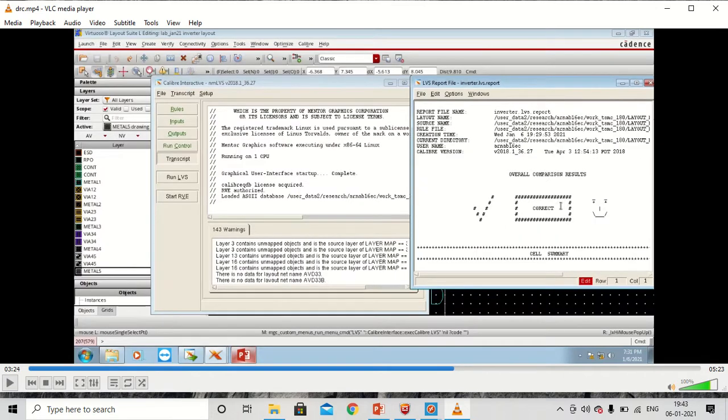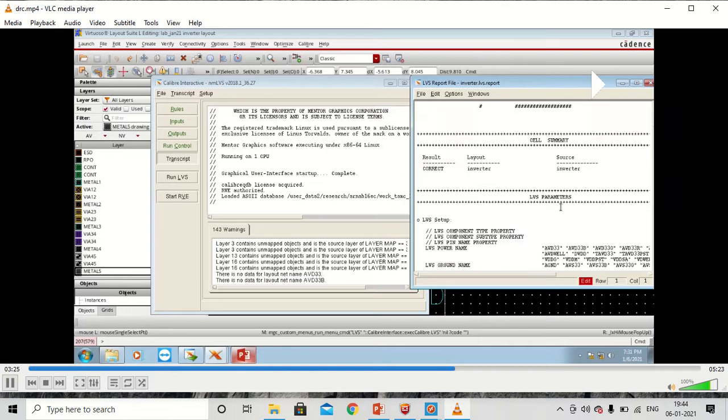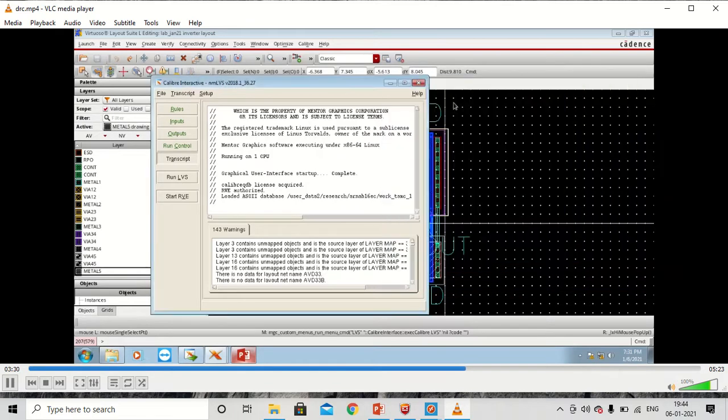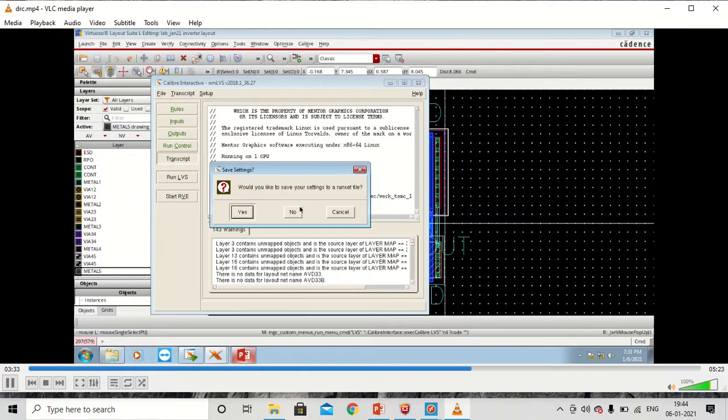So after LVS, the next step is to do parasitic extraction. Parasitic extraction is from the layout, since there are multiple metal lines running parallel. So there will be some parasitic capacitors. The metal lines will have their own resistance. So what we'll do, we will look at the parasitics which are formed due to the layout. In order to look at those, we'll do the parasitic extraction similar to LVS, and this is the LVS run file. It gives the report of the LVS.